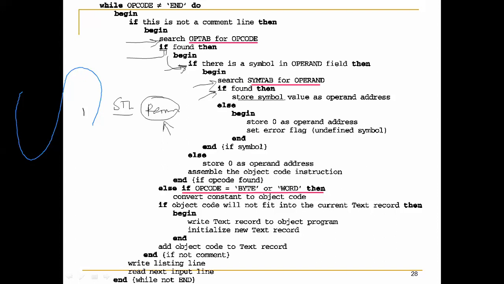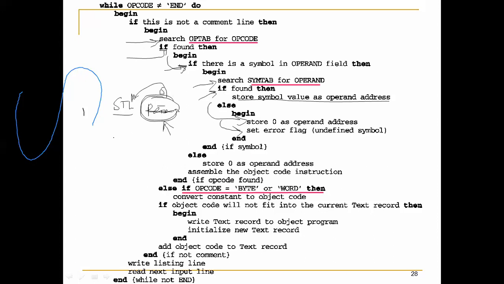When it is found, we'll store the symbol value as the operand address. Whatever value is there, we take it and consider it as the operand address. Now there are certain times when we have entered an invalid label and it is not found in the symbol table. In that case, we'll store 0 as the operand address, but we will indicate that it is an error by setting the error flag.